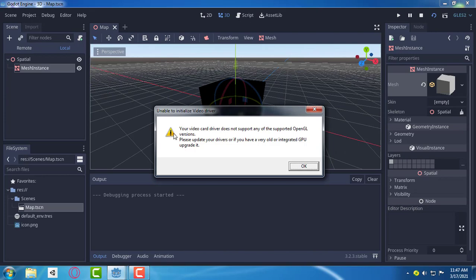It's saying that our graphics card doesn't support the OpenGL ES renderer, so it can't run it.